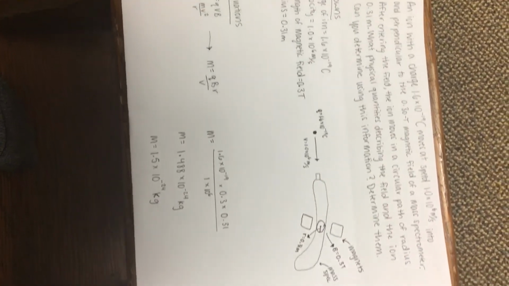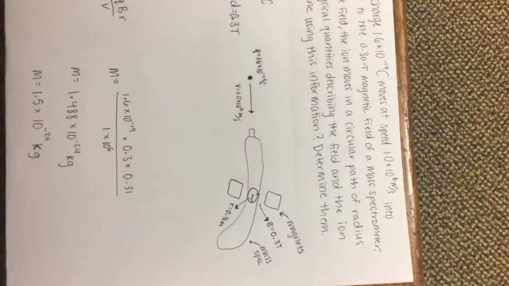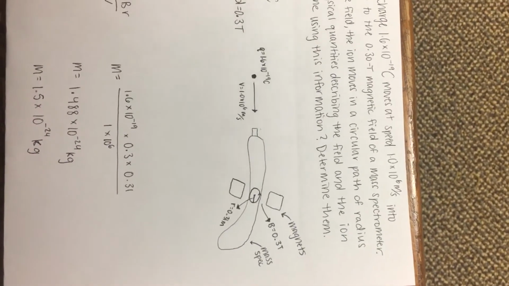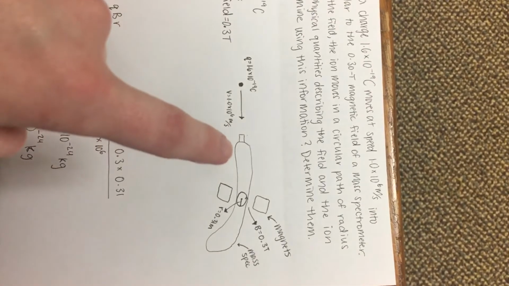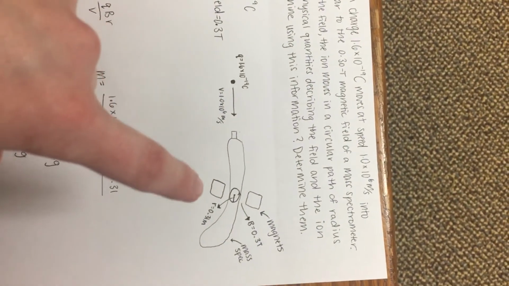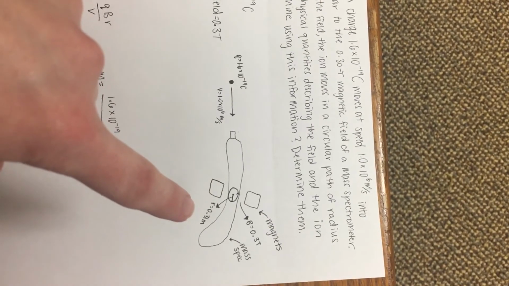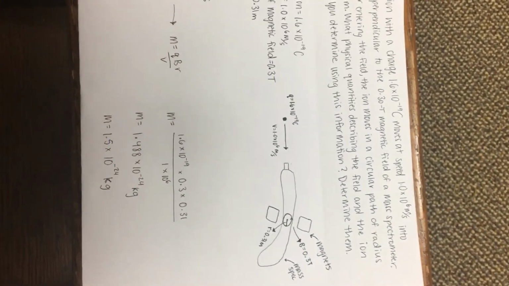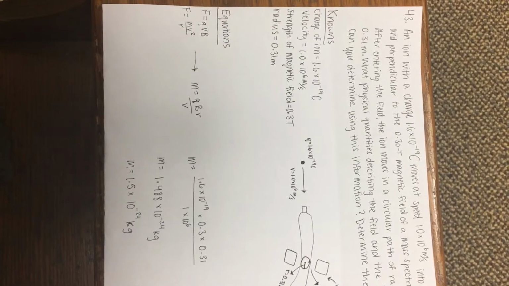And then I just have a drawing over here to kind of show you guys what it looks like. If you're wondering, that's exactly what a mass spectrometer looks like. But as you can see, as the ion moves into the mass spec, once it hits the magnetic field, it goes in a circular motion, and then you can see the radius there. And so I decided that a physical quantity I would be able to find was the mass of the